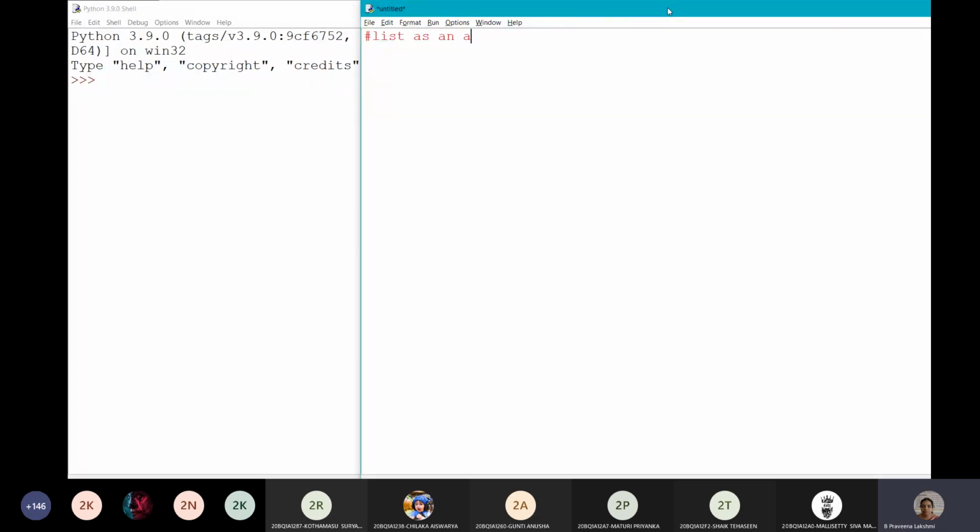As an argument, the list variable is passed to the function, and in the function a reference variable is created for list.